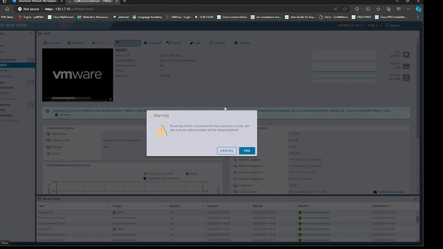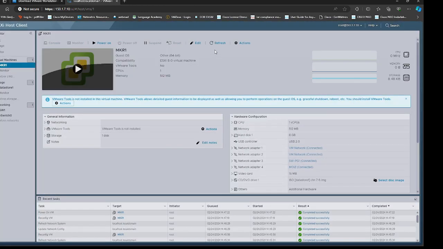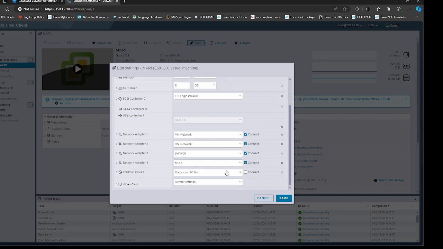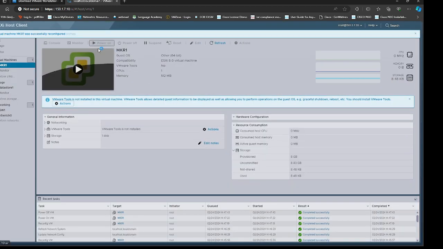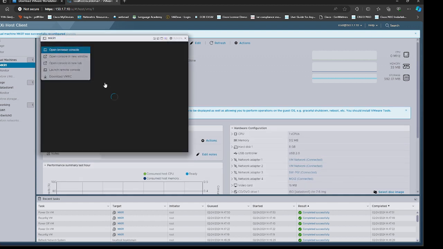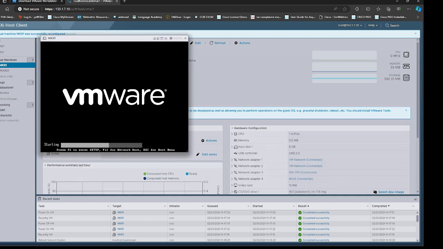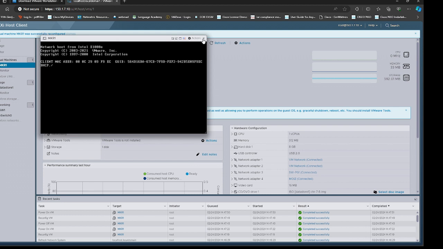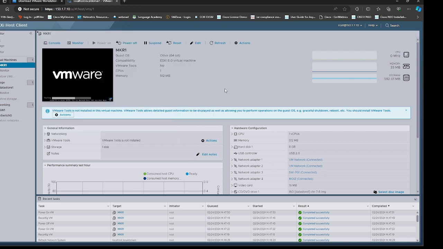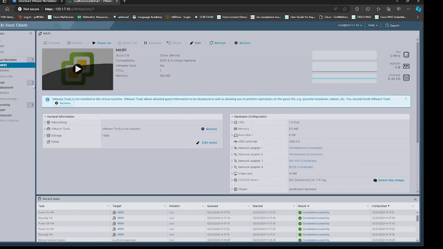Okay, so it is not running. So I will click on power off, click on edit. You see that it has disconnected again. I will try again, power on. Hopefully it should install now. Again, all right, so maybe because of the image it is not reading. So what I will do is deploy the OVA file.